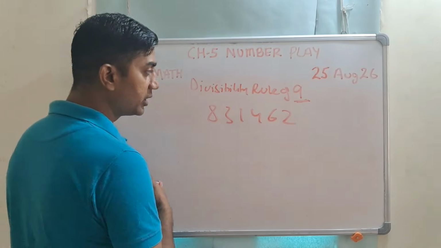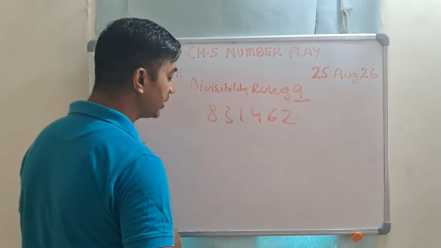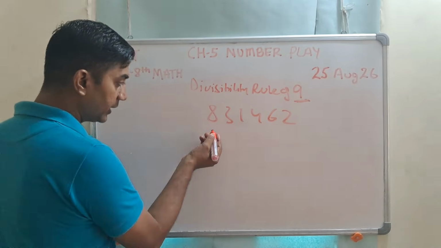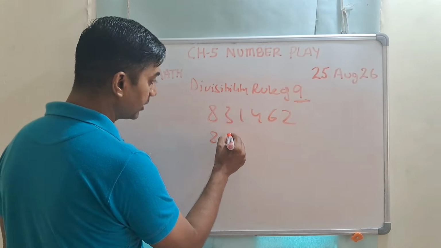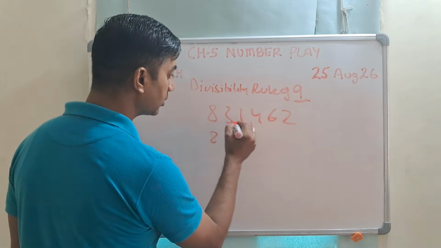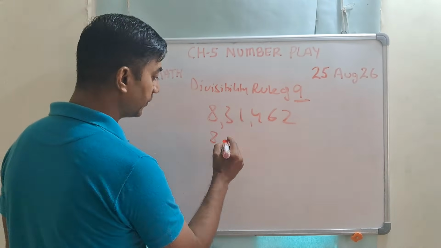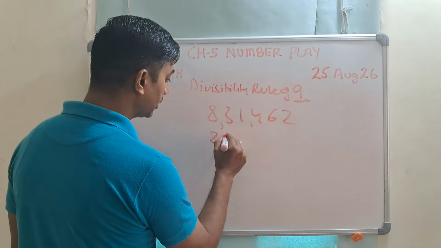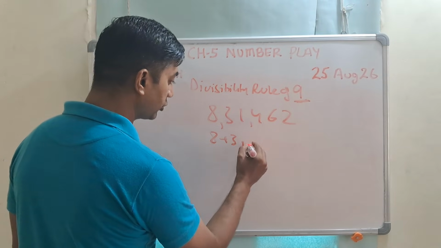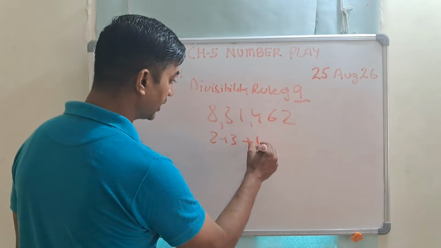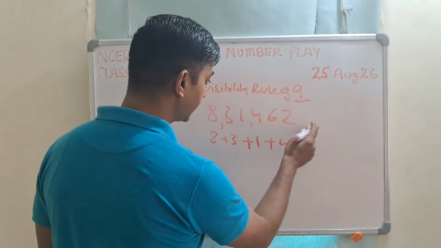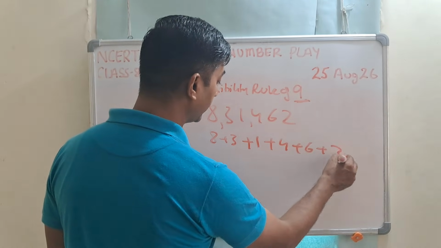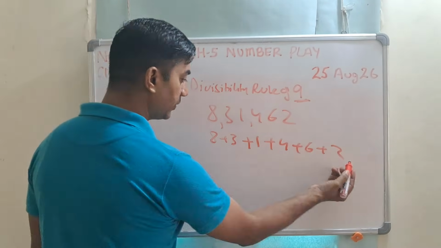When you start doing the division, we do it quickly: this 8 will give us 8 remainder, this 30,000 will give us 3 remainder, this 1000 will give us 1 remainder, this 400 will give us 4 remainder, this 60 will give us 6 remainder, and 2 will give us 2 remainder. And when we add these,